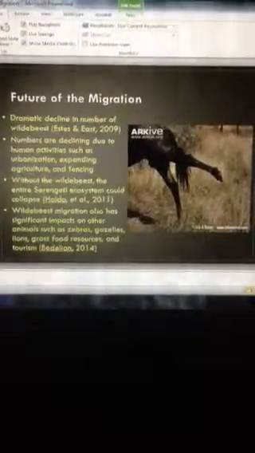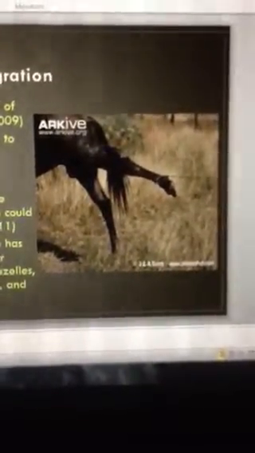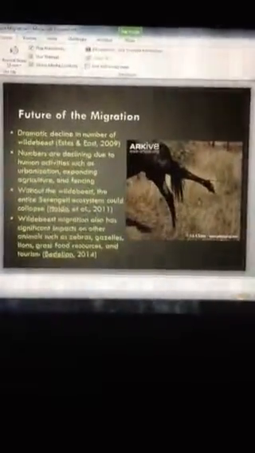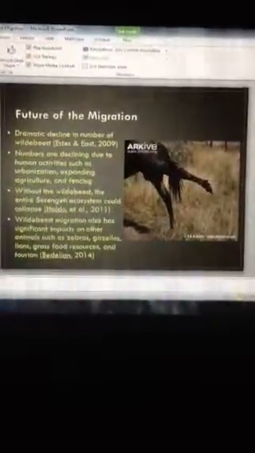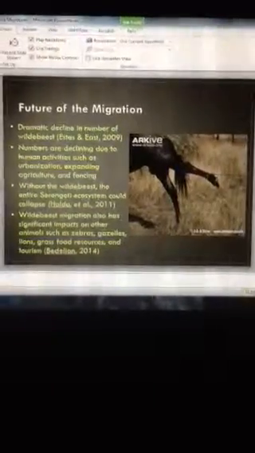The future of the migration is currently threatened. There is a dramatic decline in the number of wildebeest, especially in the last 10 to 20 years. Most of this is due to human impacts. So you can see in this picture, this wildebeest has been caught in a fence. So due to human activities such as urbanization, expanding of farms, and fencing, it's negatively impacting the migratory routes of